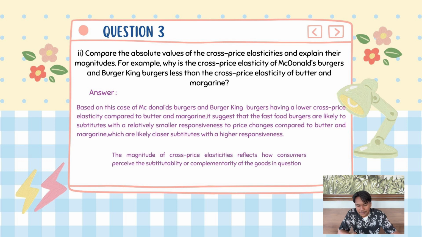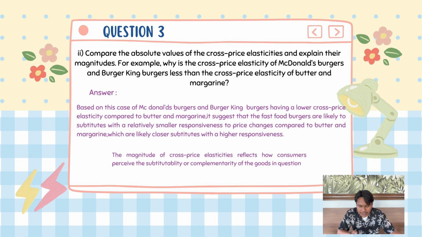Okay, so number 2. The question is, compare the absolute values of the cross price elasticities and explain their magnitudes. For example, why is the cross price elasticity of McDonald's burgers and Burger King less than the cross price elasticity of butter and margarine? So my answer is, in this case of McDonald's burgers and Burger King burgers having a lower